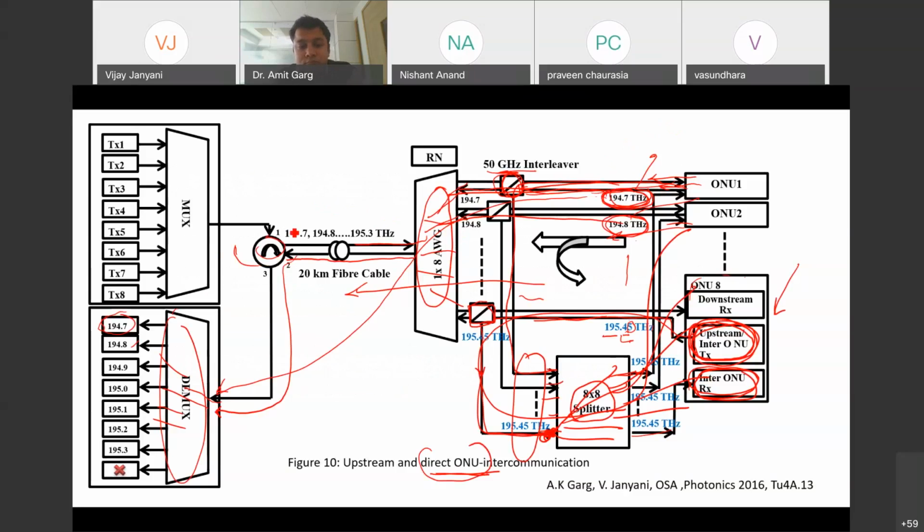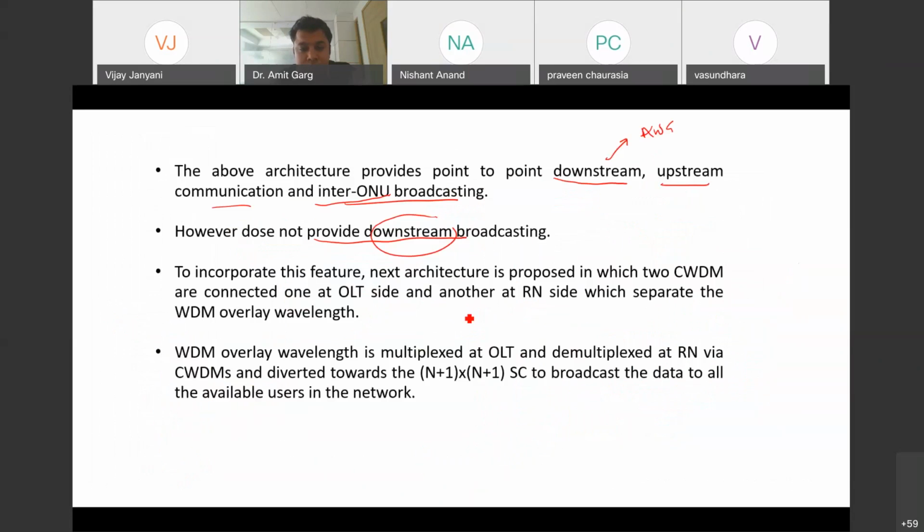Here you have seen that it is transmitting the downstream 8 wavelengths and each one is going to its ONU. But what if it wants to broadcast? Broadcast means it wants to send some message to all ONUs together. So we will implement that in the next design, which provides downstream broadcasting also.